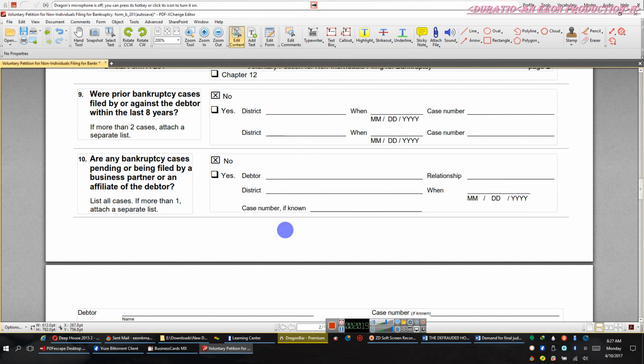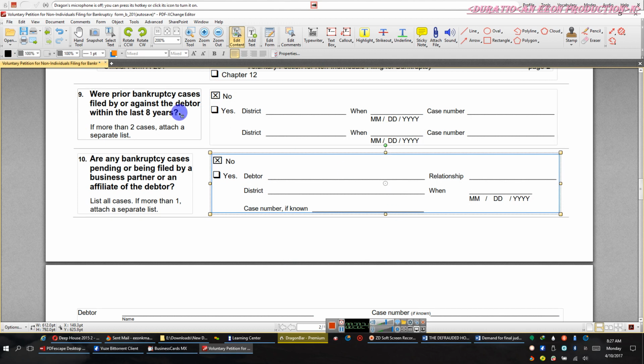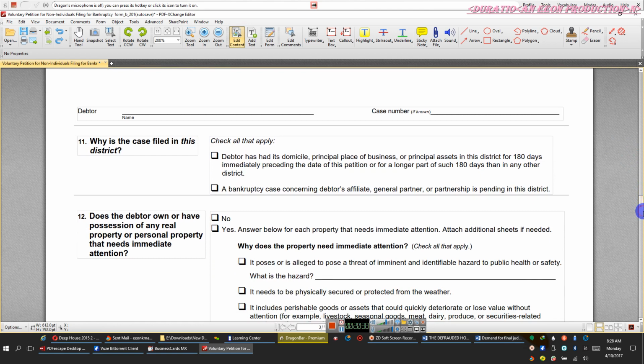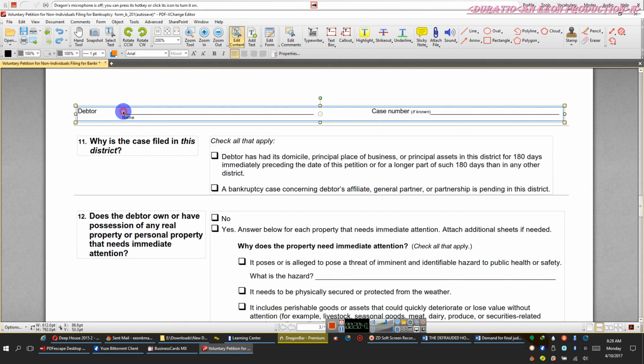Uh-oh, not trying to do that. I'm trying to move the screen, but that ain't working. Let's undo that. Touchscreen. Oh, that's right, because I'm doing the edit content section, so I can't do the shift without it creating a box. Now remember, we're going to do it again.